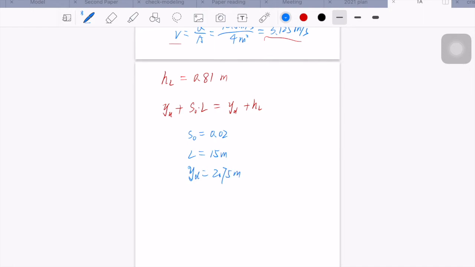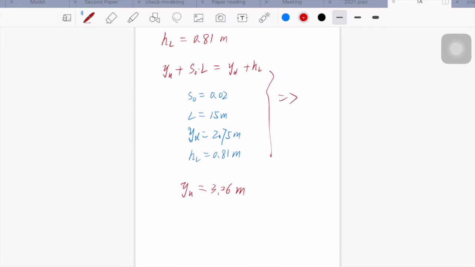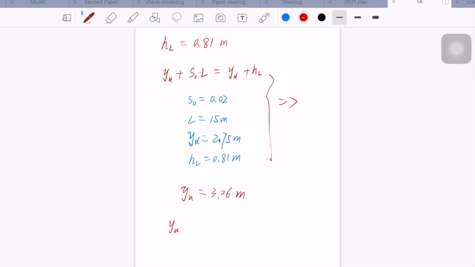And we know HL equals 0.81 meters. So we can determine the Yu equals 3.26 meters. And since we know Yu is greater than 3 meters, we can determine that the homes are in danger